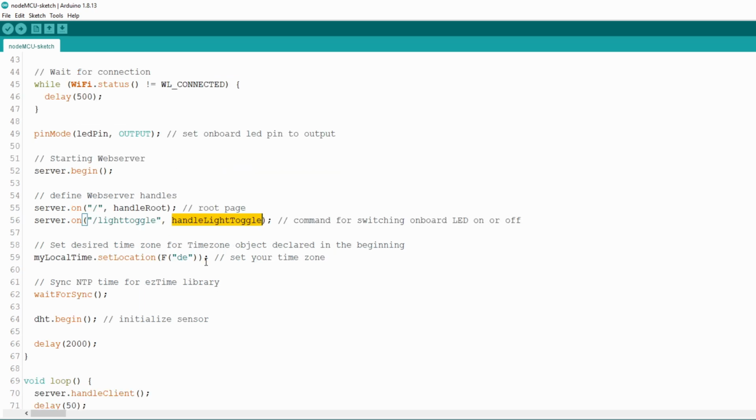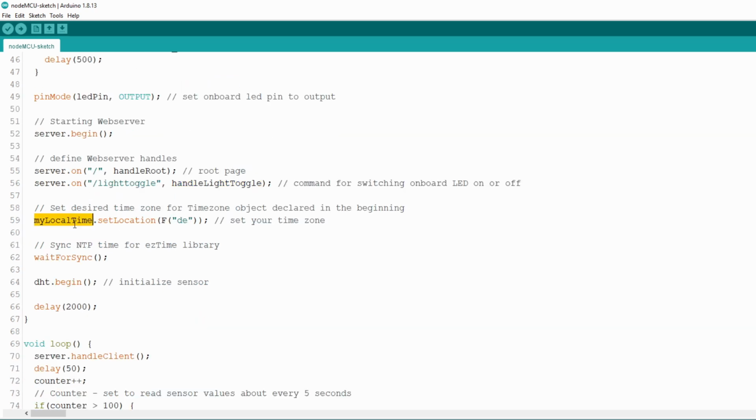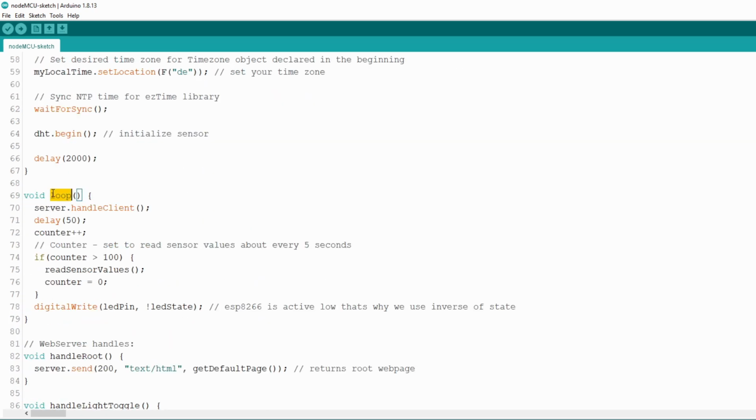At the end of the setup function, we set my local time zone object to match the time zone we want to track time for. And finally, we call the waitForSync function, which will synchronize the EasyTime library with NTP online servers and start tracking time internally. In the loop function, we have the handleClient method on the server object, which listens to client web